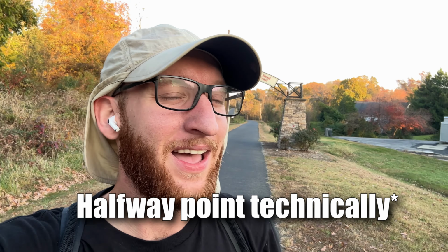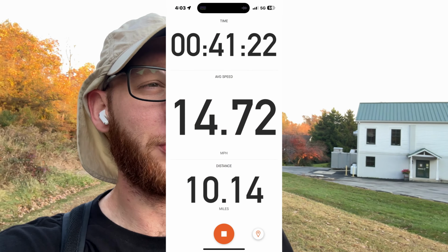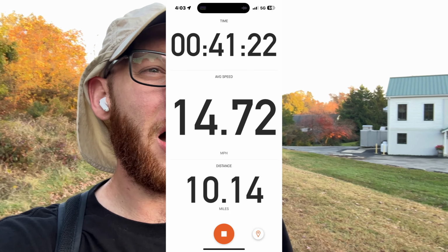All right, wow, I have made it to the end of the trail. I'm pretty tired. I will say that these wheels are making a pretty big difference as far as how easy it is to do long distance skating. I'll put up on screen where I was at the 10-mile mark so you guys can get a comparison of these versus the 90,